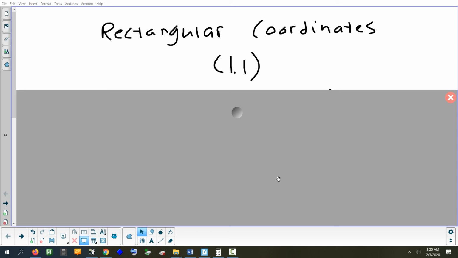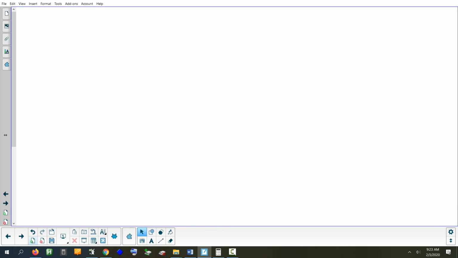All right, so first thing we're going to look at today is section 1.1 in the book. It's more of a review of algebra, as I said. It doesn't get into any trigonometry at all. But really quick, for like 2-3 minutes before we even look at that, I just want to look at the word trigonometry